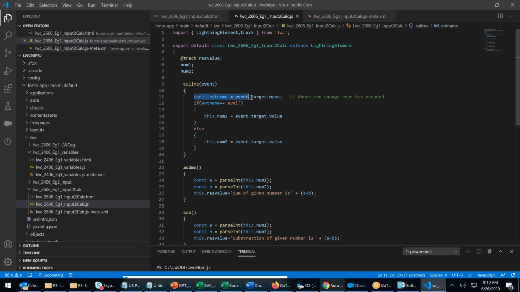Constant event name is some variable I declared, which is fixed and will not change. I'll say event.target.name. I'm capturing the target name. If the target name is eval, then assign the value event.target.value.